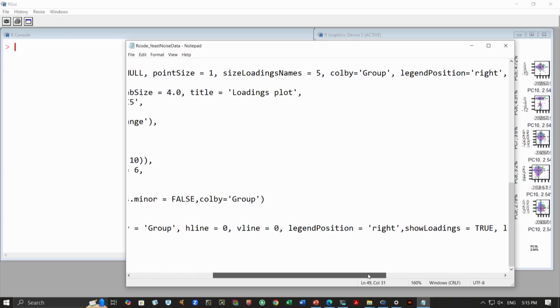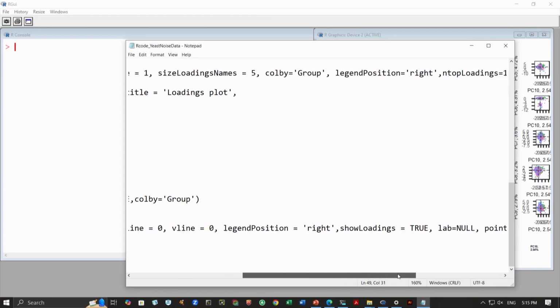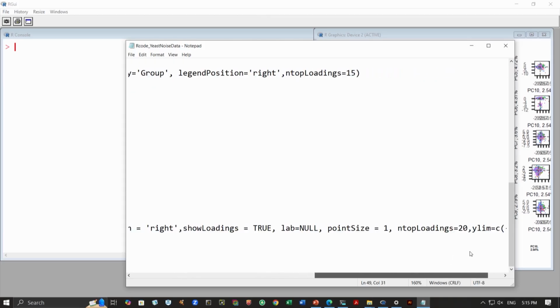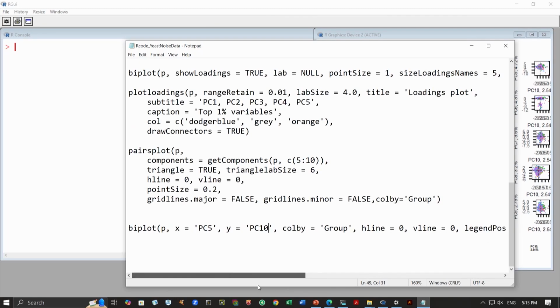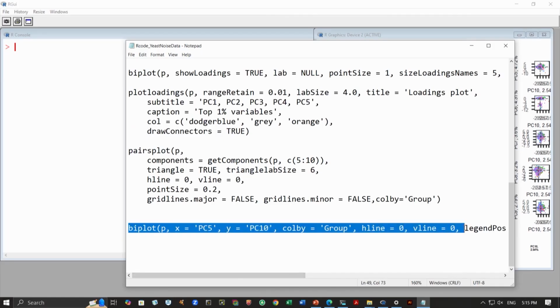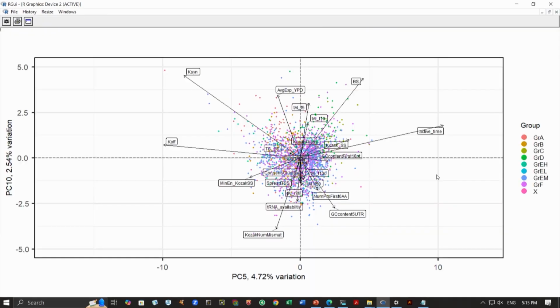We are keeping this color group. H line, V line equals 0, this horizontal line and vertical line. And legend position, where the legend position should be, show loadings true, and these are kind of the end of loadings 20, Y limit, etc. All these values are given. So maybe we can simply write this for now. We can run the whole thing, and then we can see whether we can make it a bit cleaner. So let's